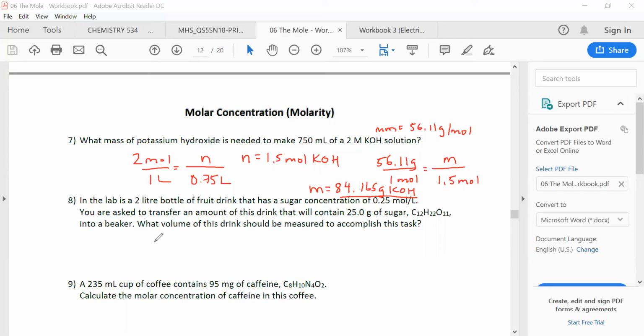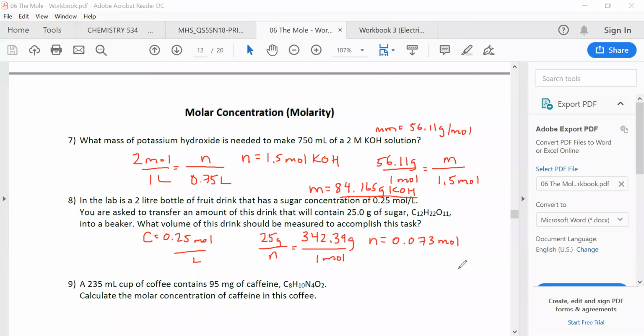So in this case, you have a concentration of 0.25 moles per 1 liter. And the 25 grams of sugar has to be converted to moles because you are dealing with a molar concentration. So 25 grams represents an unknown amount of moles. And the molar mass of sugar, or sucrose in this case, is 342.34 grams per 1 mole of the sucrose. When you cross multiply this, of course, N ends up being approximately